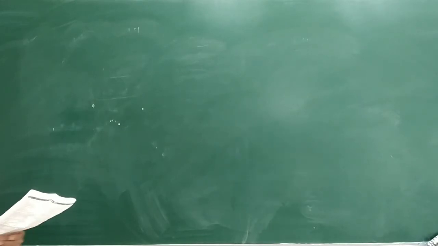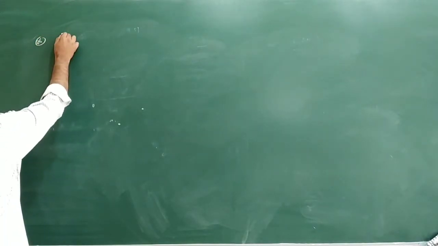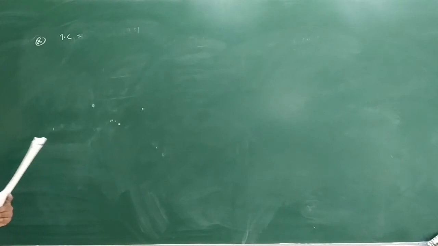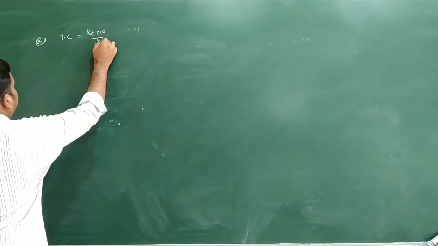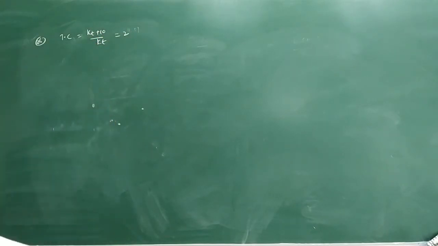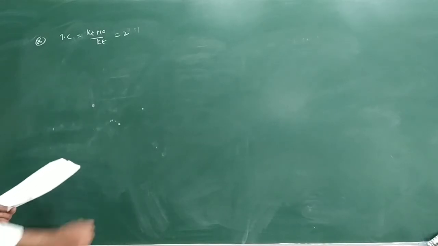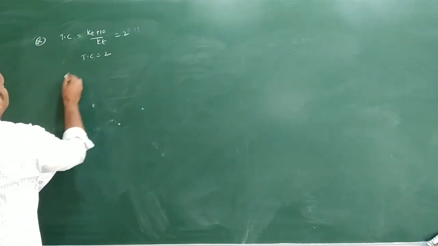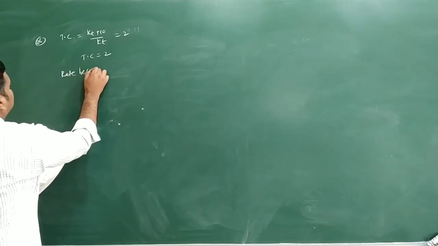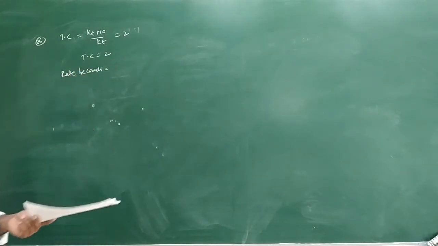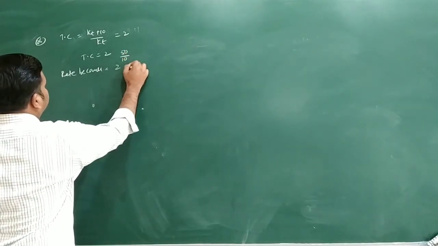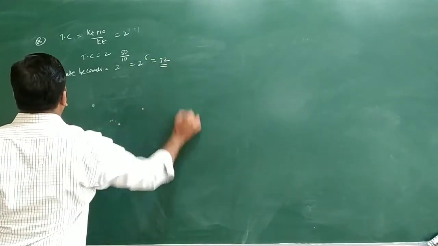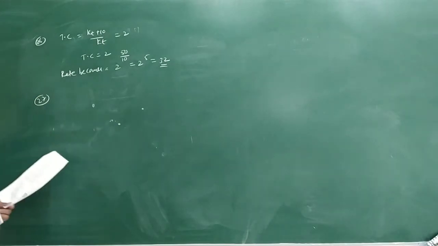Before question number 27, one more formula can be used for question number 26. I did that one directly, but you can write it like this also, using the temperature quotient. Temperature quotient is equal to k(T plus 10) by k(T), which is equal to 2. This is actually a concept question only. So the temperature quotient is equal to 2. The rate becomes, as I already told, 32 times. So I can write 2 power final temperature by initial temperature, you will get 2 power 5, that is equal to 32.